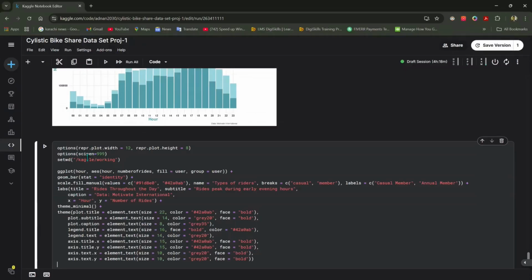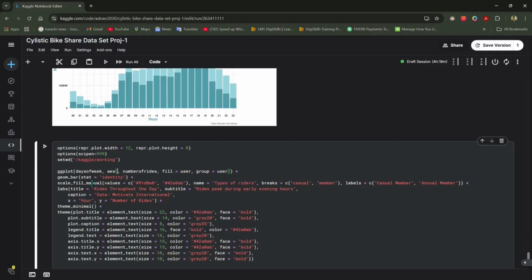After pasting this code, I'm going to make slight changes. For example, here, instead of hours, because we want to calculate by days of week, on which days there were more rides. So for that, the days of week,